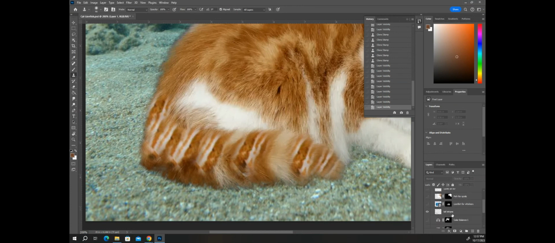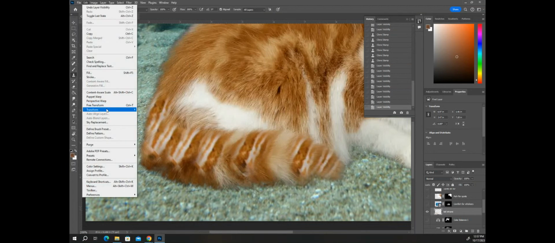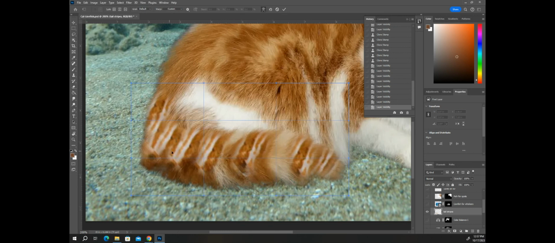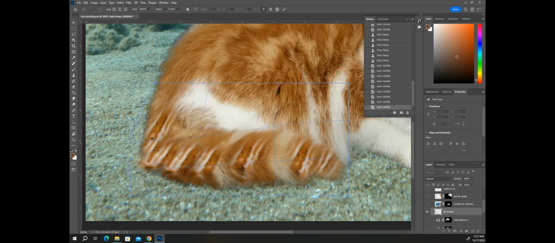So if I'm on this layer where I made the stripes for the tail, I can go up to edit. I can come down to transform, and we've done this a few times. I'm actually going to choose one called warp. That's kind of, in my opinion, the easiest one to fit around things that are round. But if I choose warp, it's hard to see on the screen, but there's this blue grid that pops up. And what I can do is I can bend all of these little lines on the grid and I can